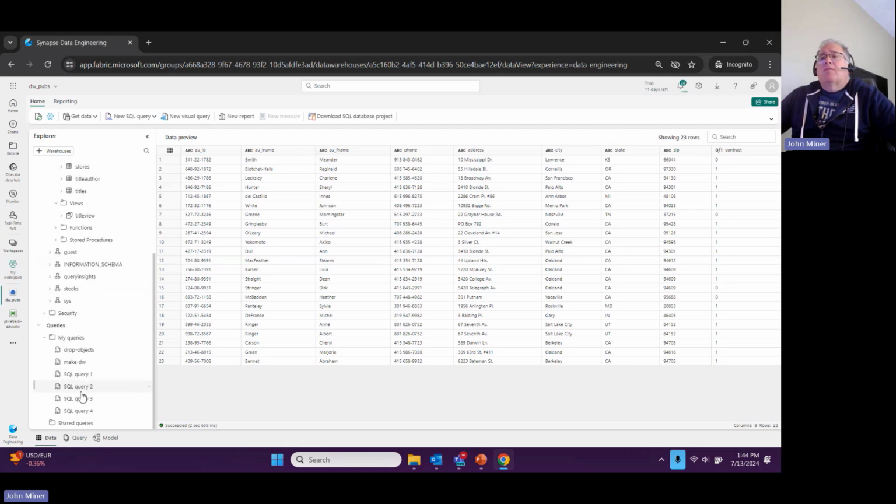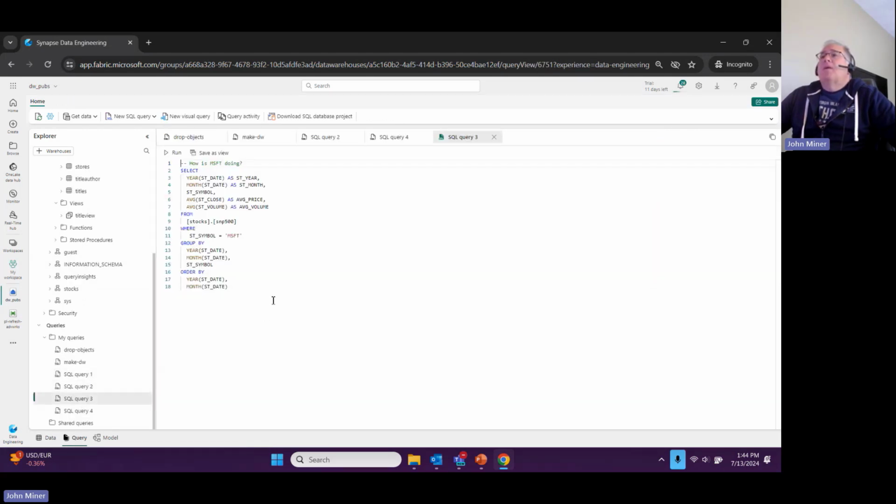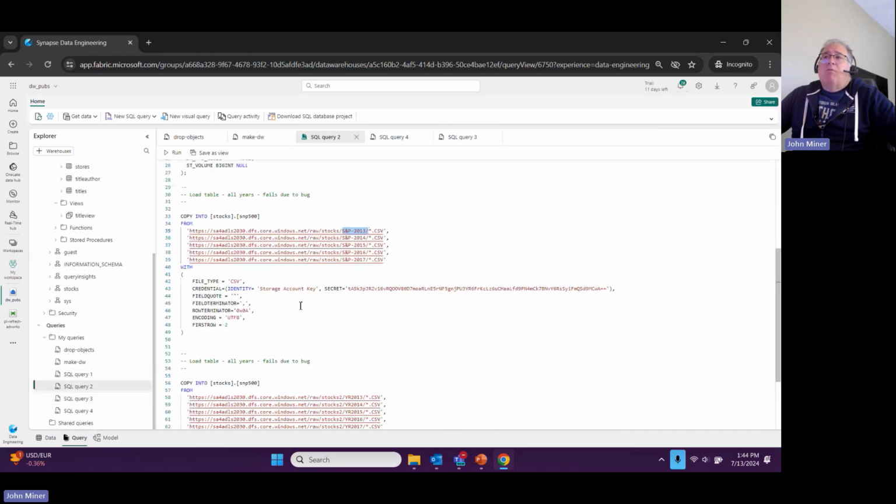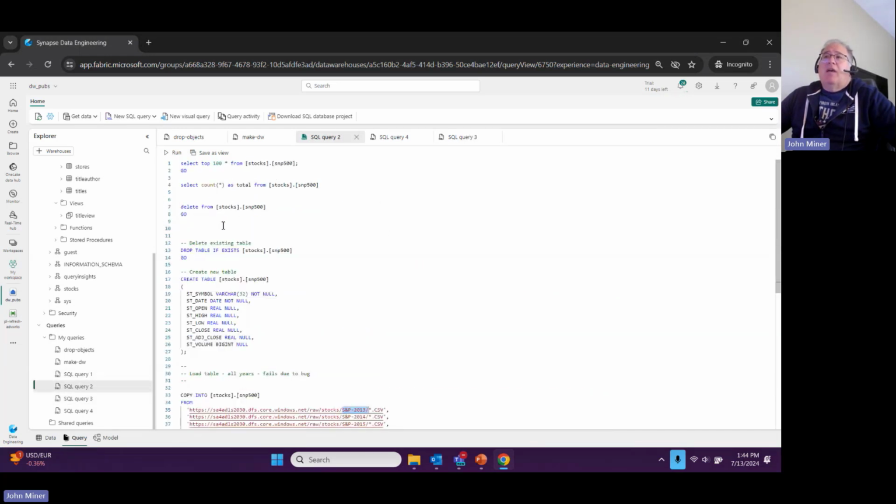I'm going to go back to the copy into and then wrap up. So the copy into is the most important thing that I think they've added. They added it in Synapse, and it competes with Snowflake. So basically, we want to